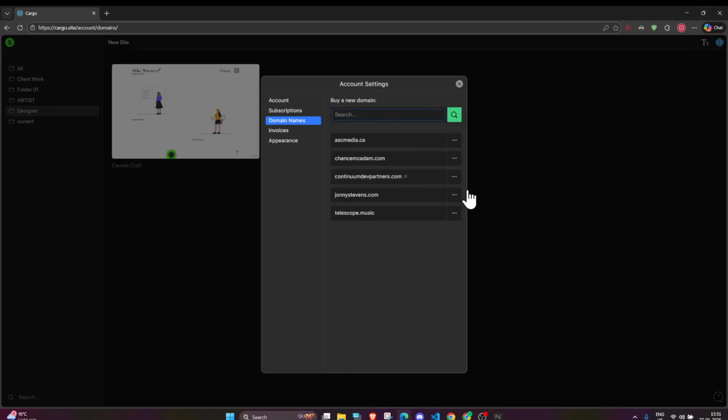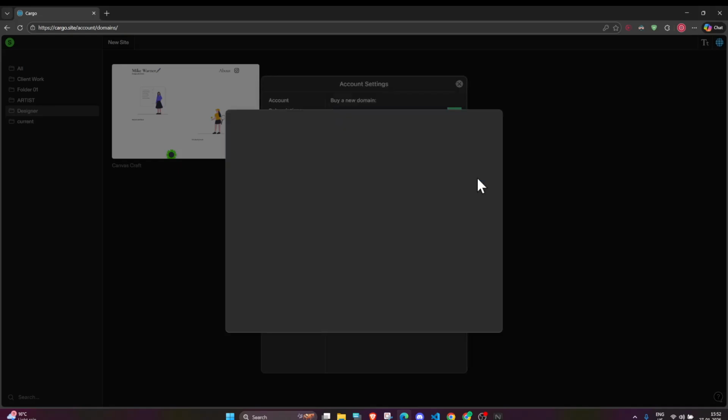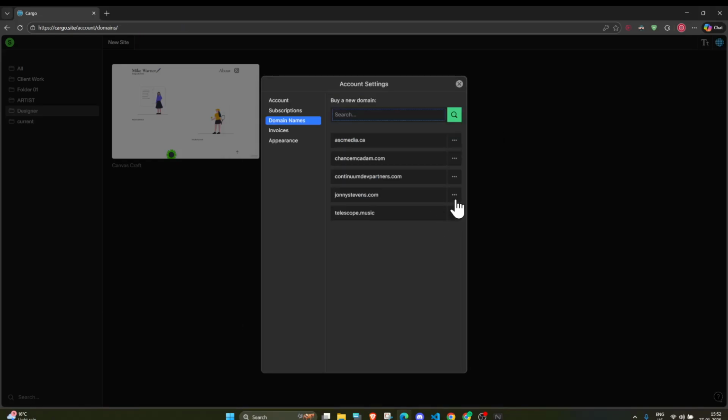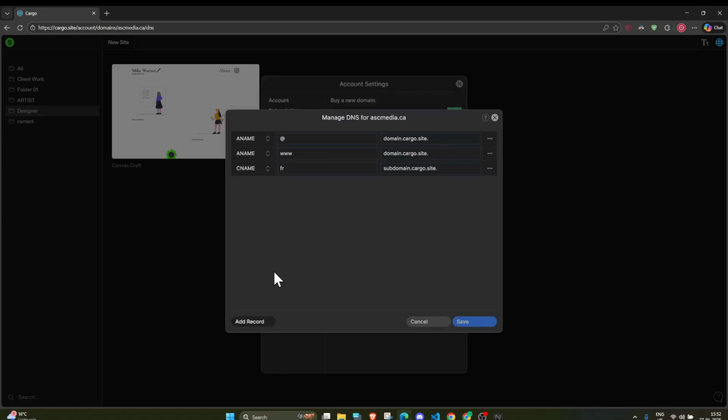Let me try another one. Okay, this one also has it, I guess. Simply click on add record, select TXT, paste the TXT record which you copied, and click on save.